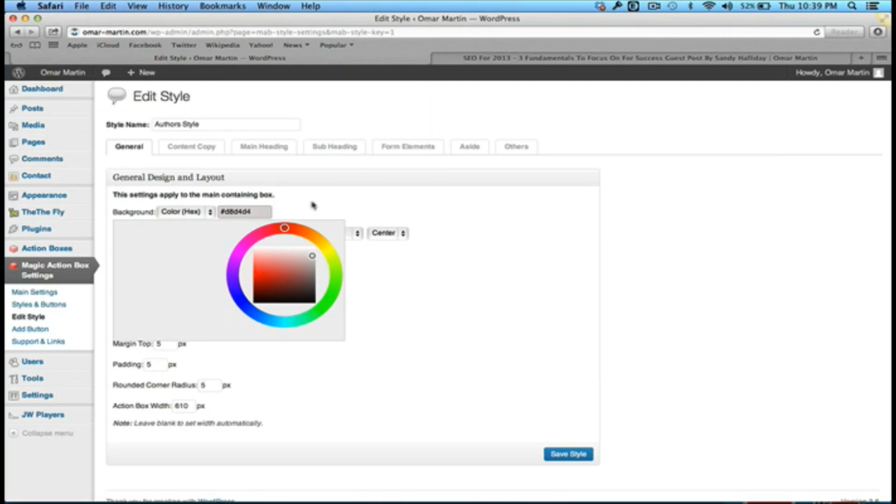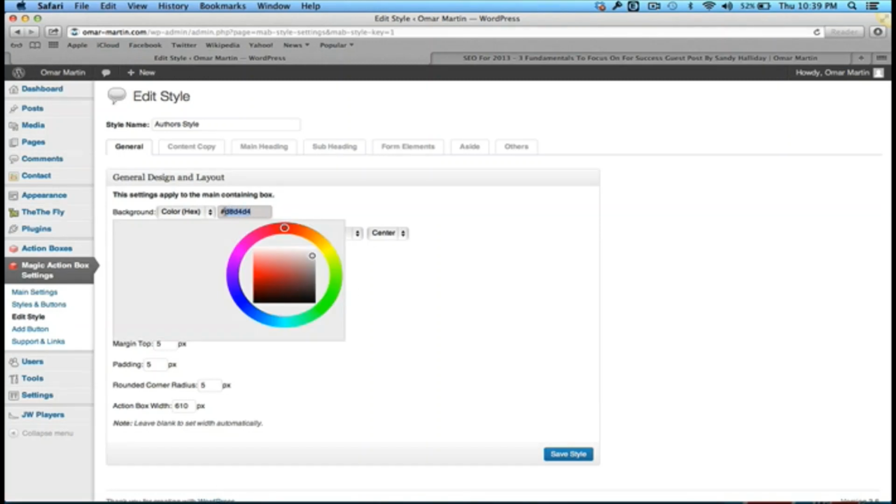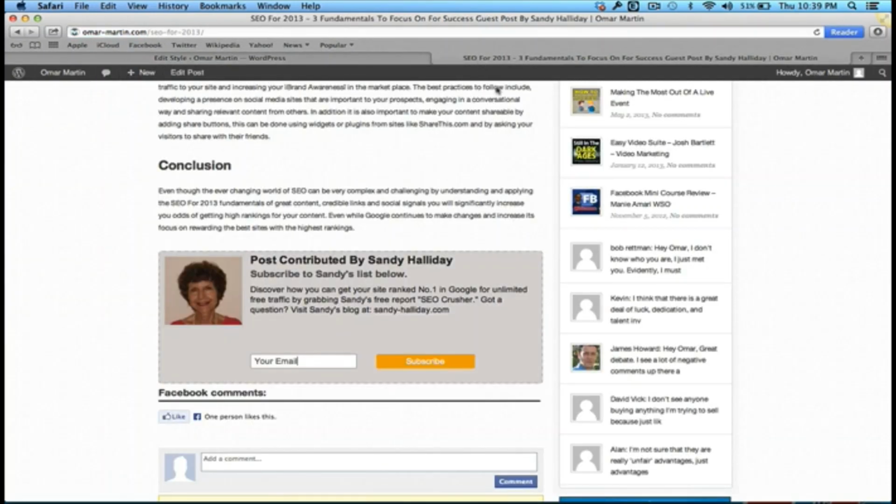I can click here and choose any other background color, and I can quickly turn that to red or black or whatever. I can click the border color. I can click if I want it dashed, if I want it double border, if I want it solid. So I'm going to click double border right now, and I'm just going to click Save Style, and then I'm going to come back over here, and I'm going to refresh this to see if it made that change to that